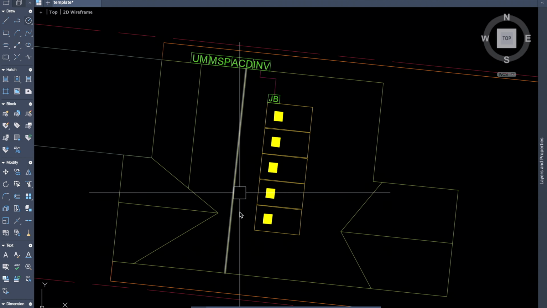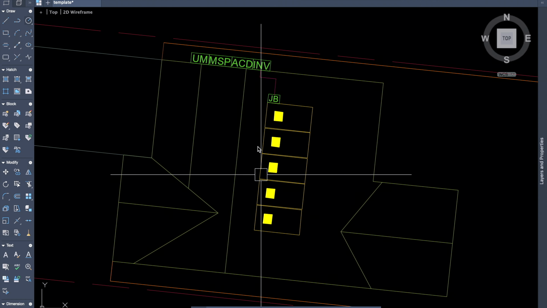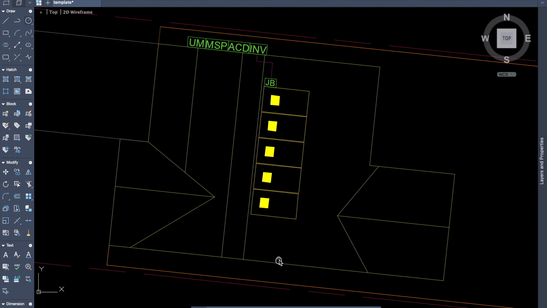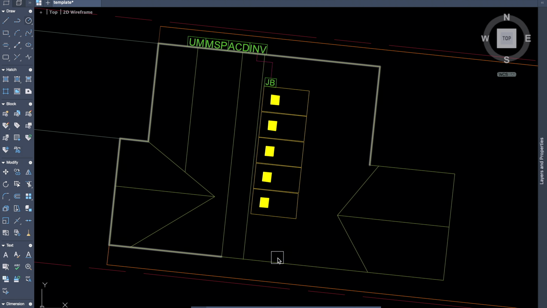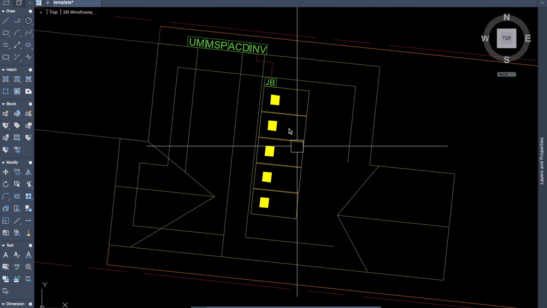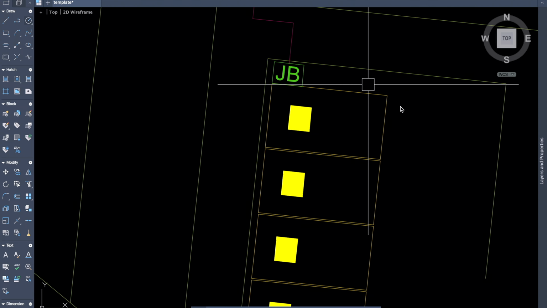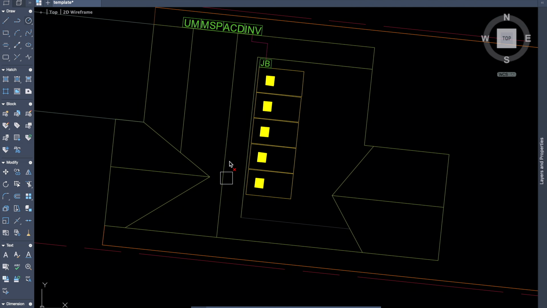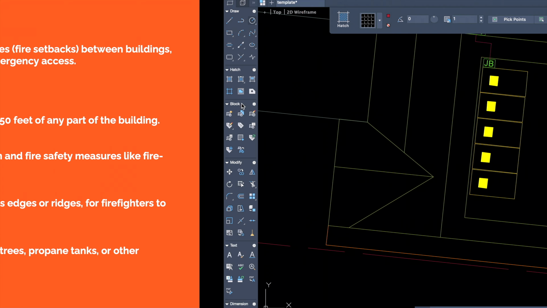So in this, how will we give the fire setback? First of all, from the ridge here, we will give 3 feet, offset 3 feet here like this. And here you can see this is the rake. So here we will give 3 feet from here, from the active roof like this. I will use the fillet command over here like this and like this, and I will trim the rest of the part like this, and I will hatch.